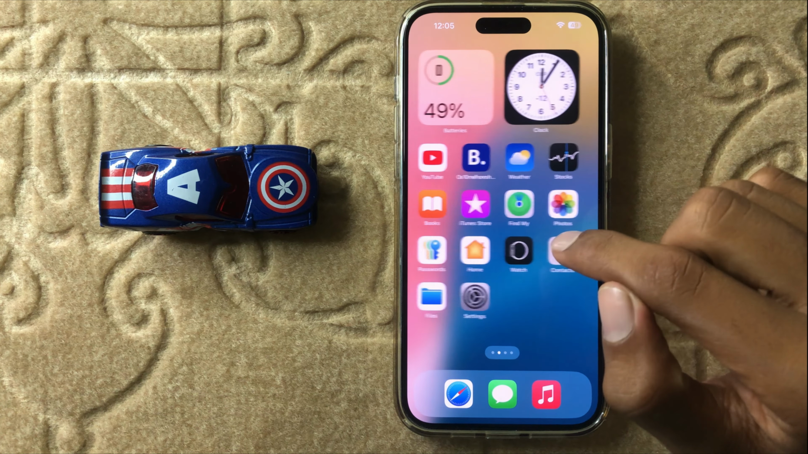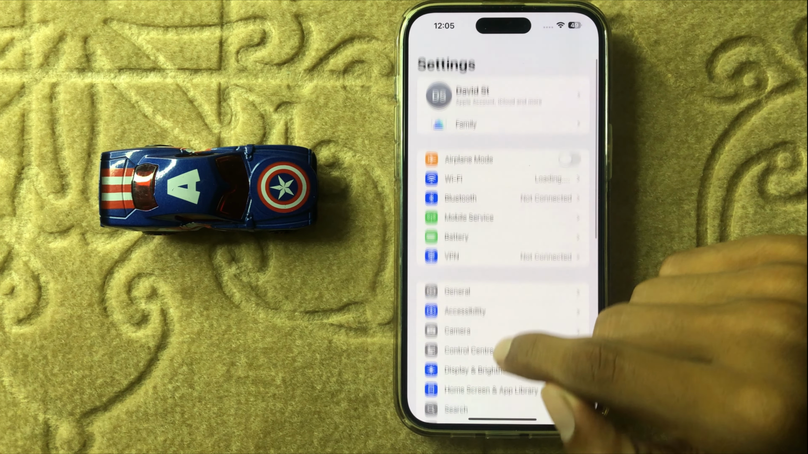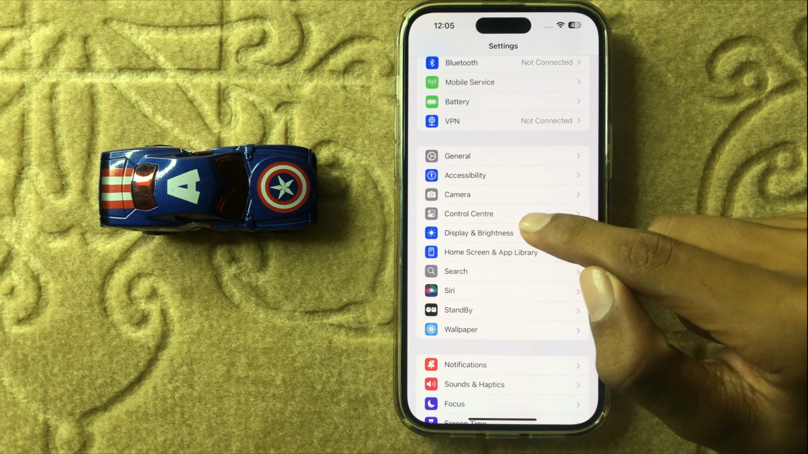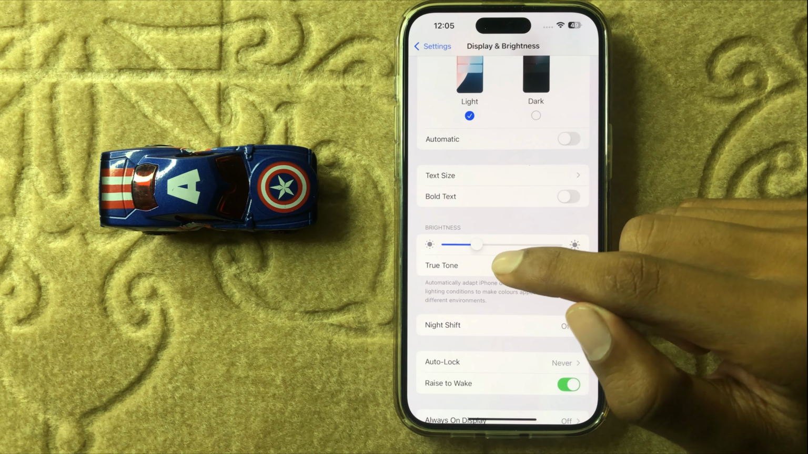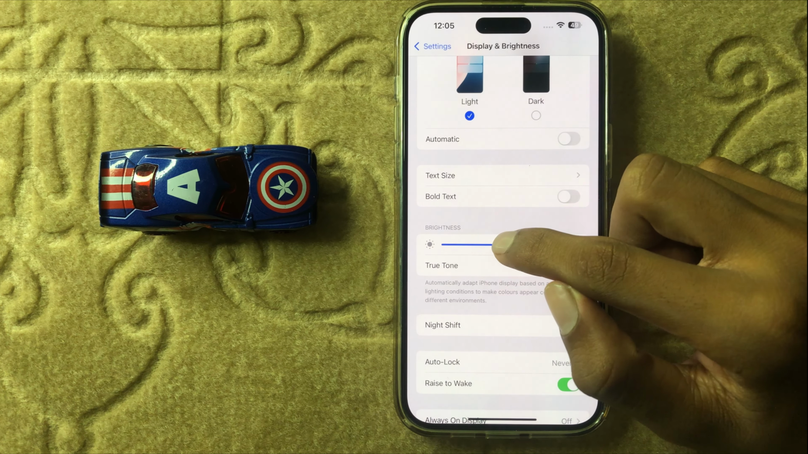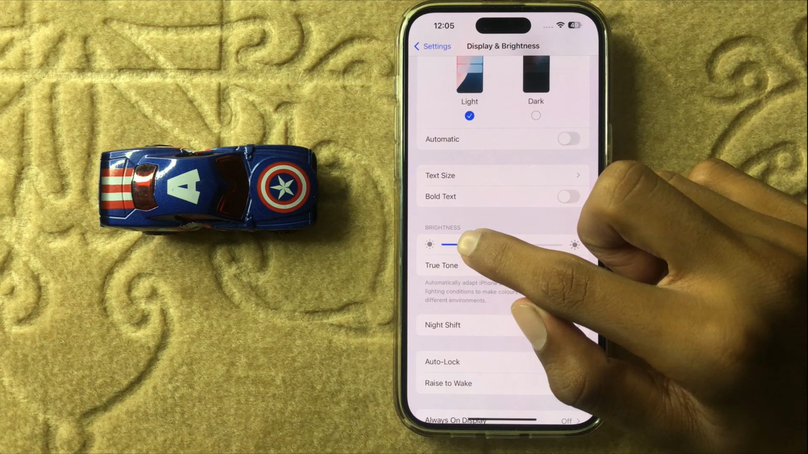First of all, open settings and then click on display and brightness. And if you want to reduce your screen brightness, then simply swipe left to reduce your brightness,